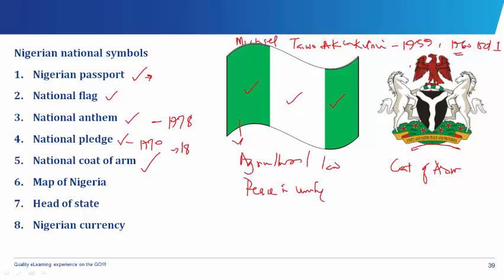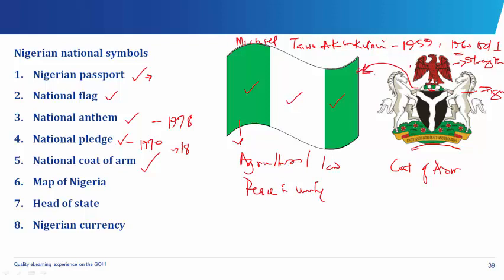Okay, let's look at it. The first one is a red eagle, and it signifies strength. So Nigeria is a very strong country. The red eagle signifies strength. Then the 2 white horses signify importance or dignity. Okay, importance or dignity. Then these other parts, this green white object here, reminds us of our national flag, which